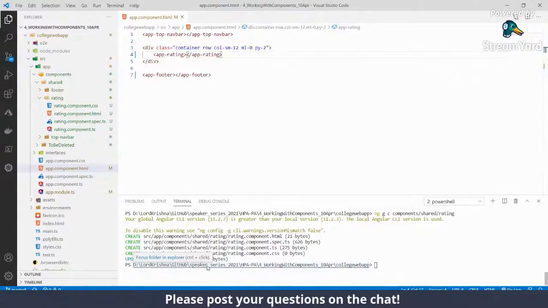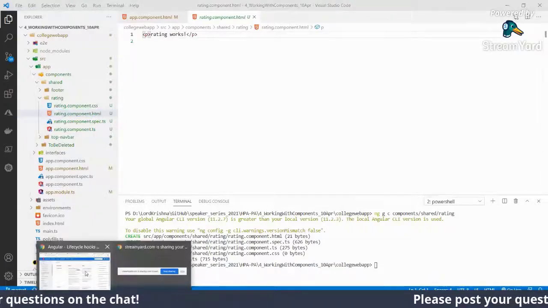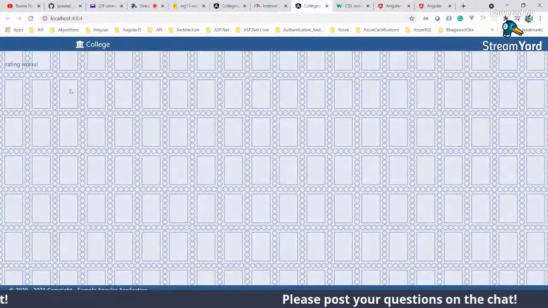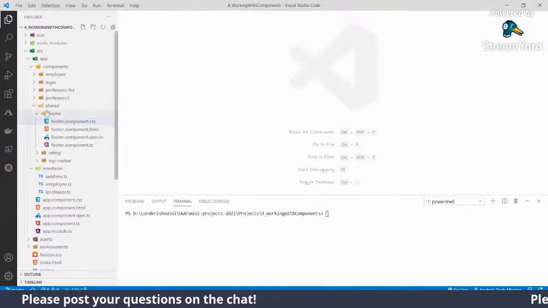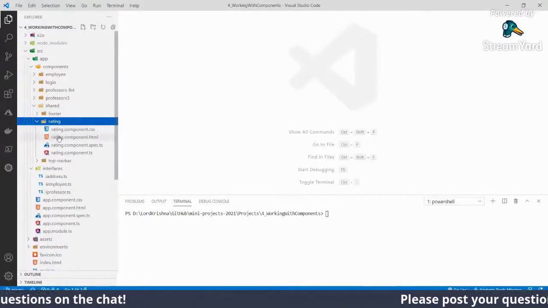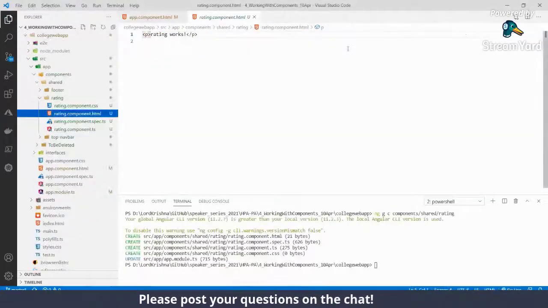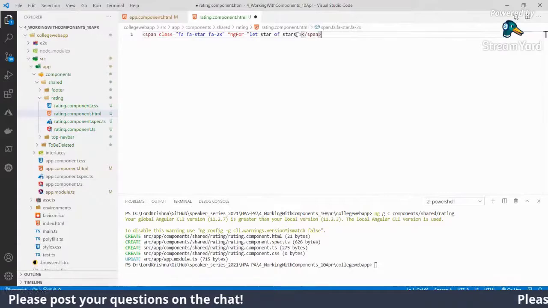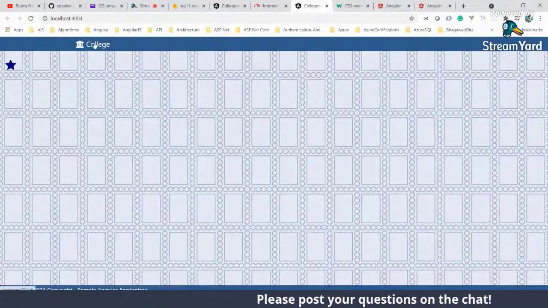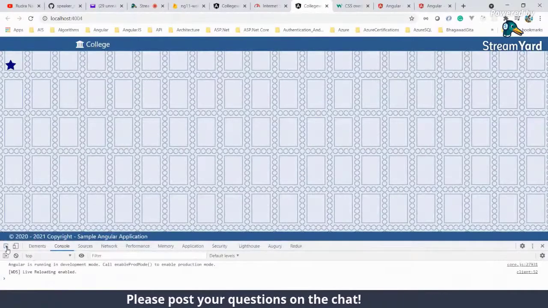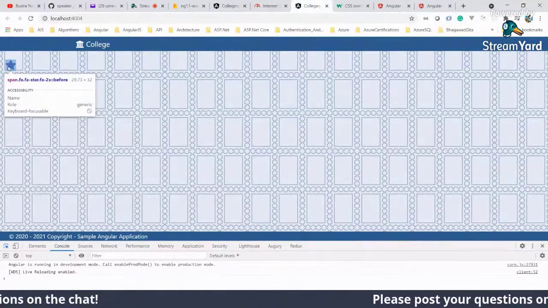Okay, now we are ready. So the first thing, let's start with this. At this point of time, what is being displayed here? Nothing. It displays this one. The first thing we need is a star. There are multiple ways to create this component, and this is one of the ways. So first we'll start with this. That displays a star. And after displaying the star, we come and mouse over it. It says that the size is 29.73.